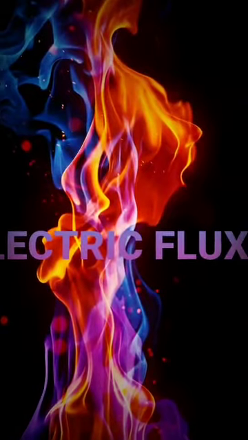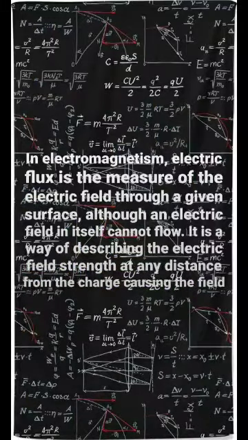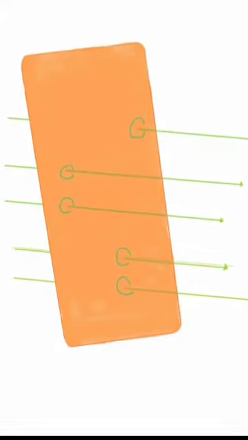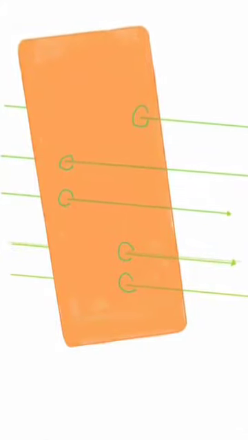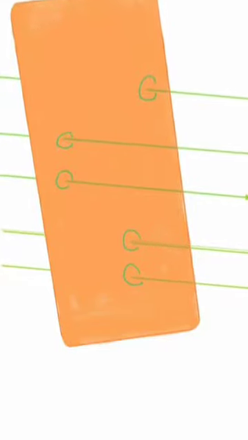Electric flux is the rate of flow of electric field through a given surface. It is the amount of electric field penetrating a surface and the surface can be open or closed. Let's take an example of open surface. Here green lines are uniform electric field where we have placed a rectangle as our open surface and we will divide it into a small element of size dA.